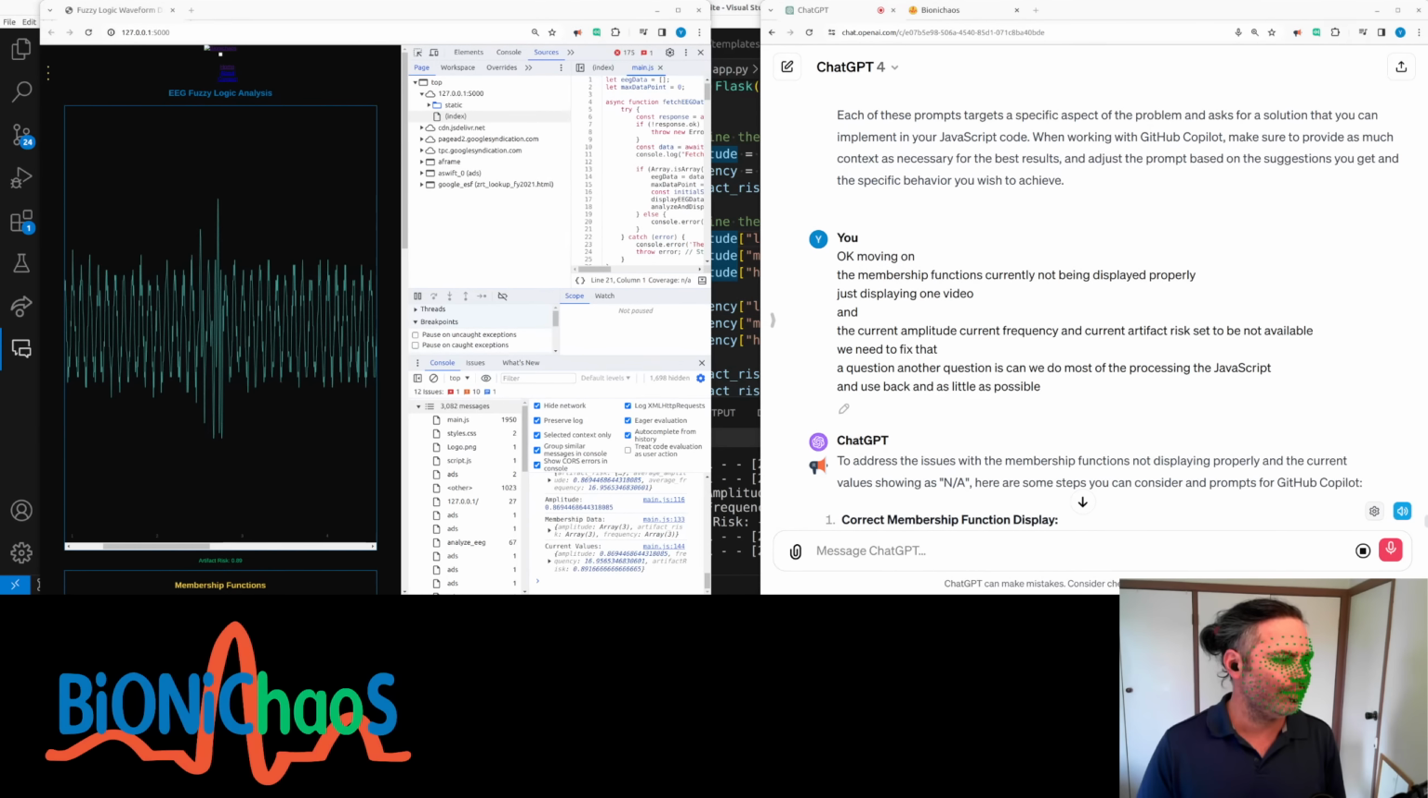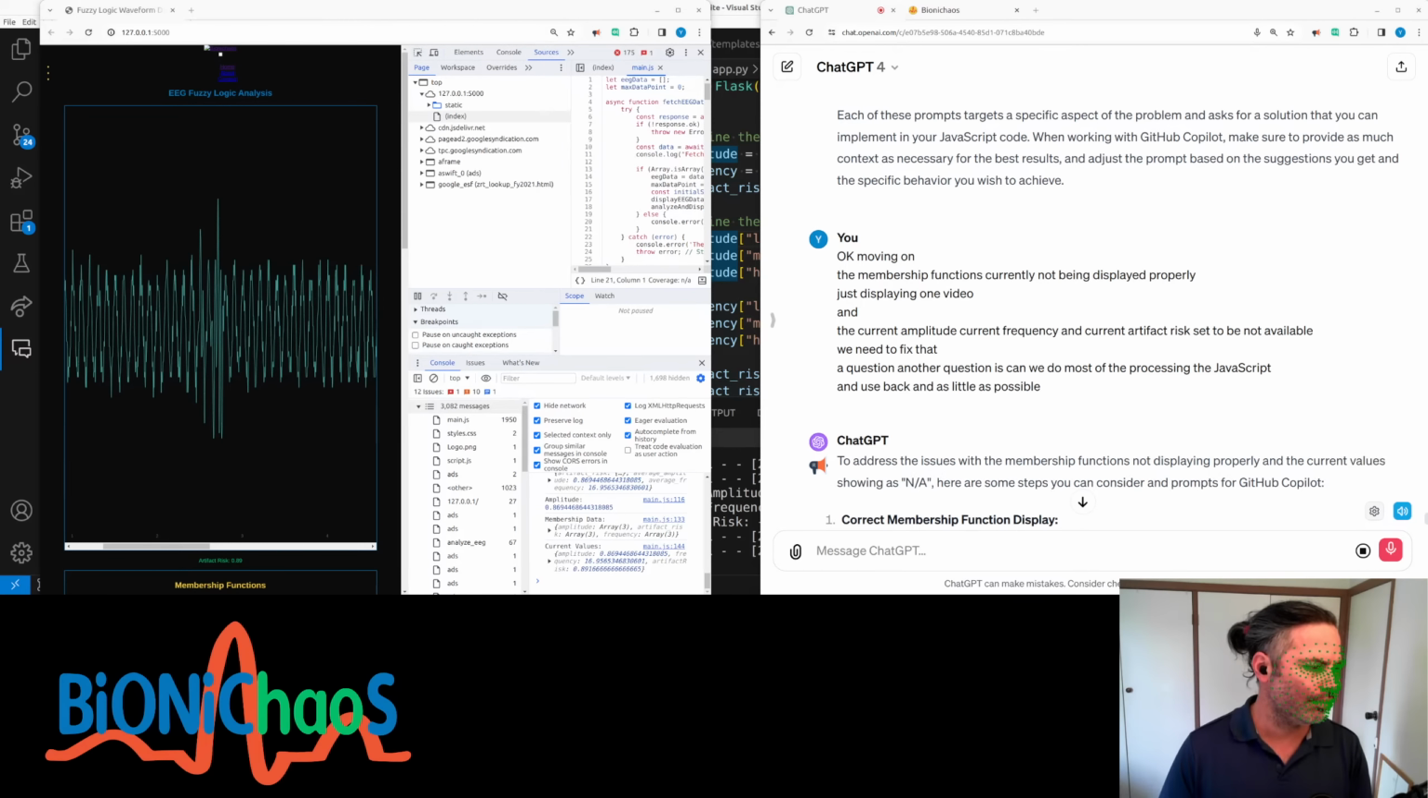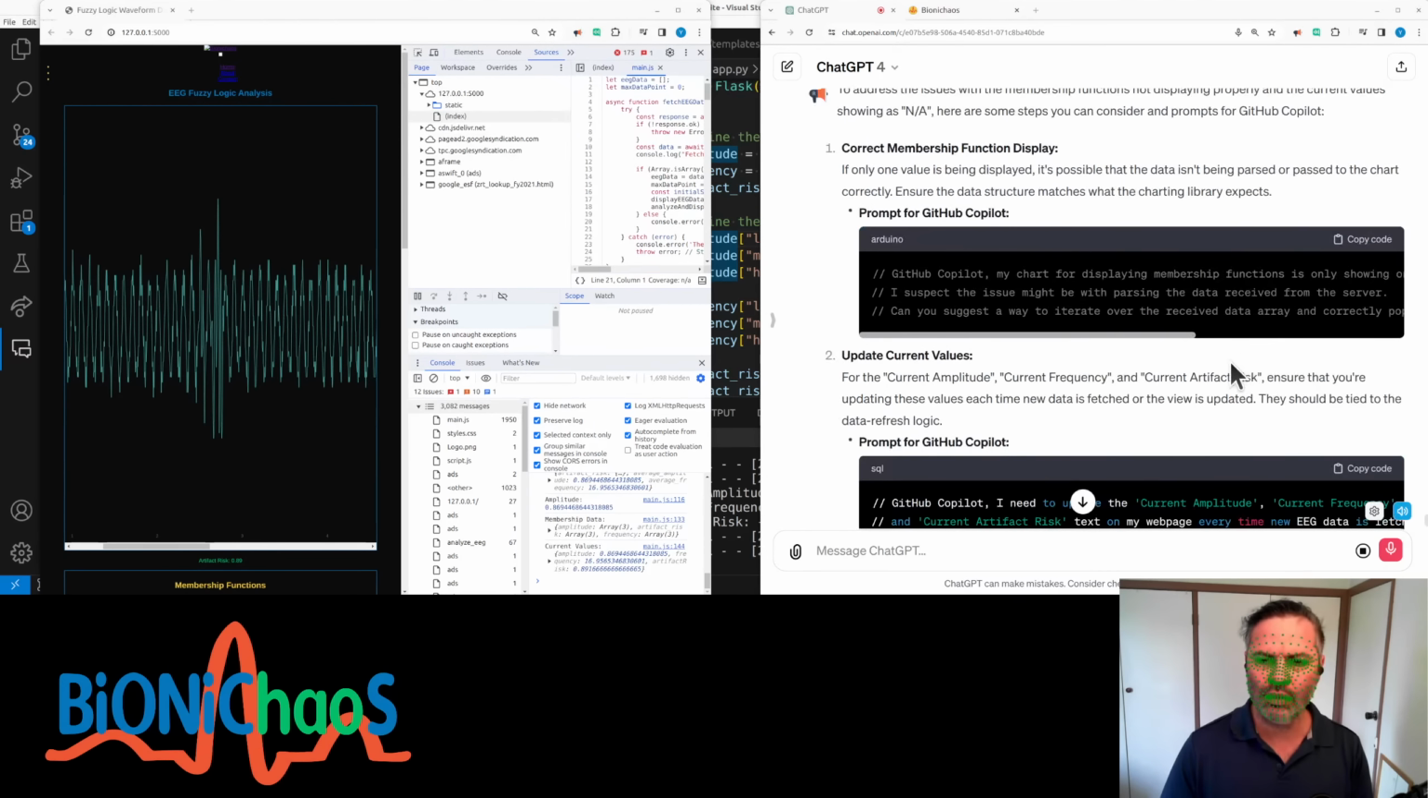To address the issues with the membership functions not displaying properly in the current values showing as N/A, here are some steps you can consider and prompts for GitHub Copilot. Correct membership function display. If only one value is being displayed, it's possible that the data isn't being parsed or parsed the chart correctly. Ensure the data structure matches what the charting library expects. Prompt for GitHub Copilot. Arduino copy code, GitHub Copilot. My chart for displaying membership functions is only showing one value instead of the full range. I suspect the issue might be with parsing the data received from the server. Can you suggest a way to iterate over the received data array and correctly populate the chart dataset for membership